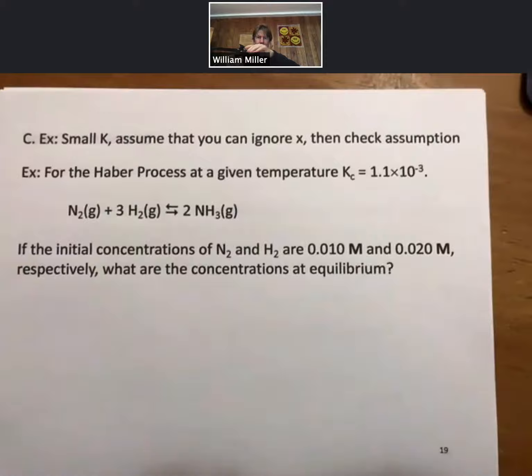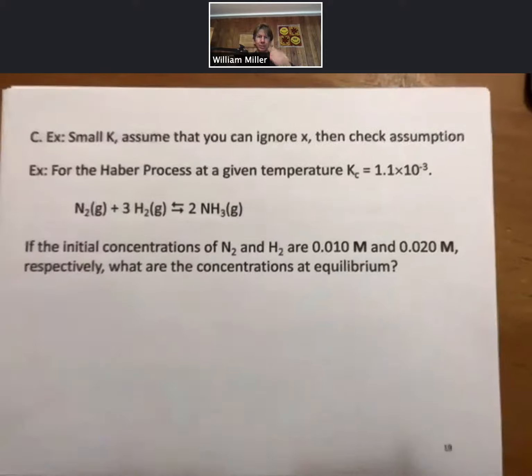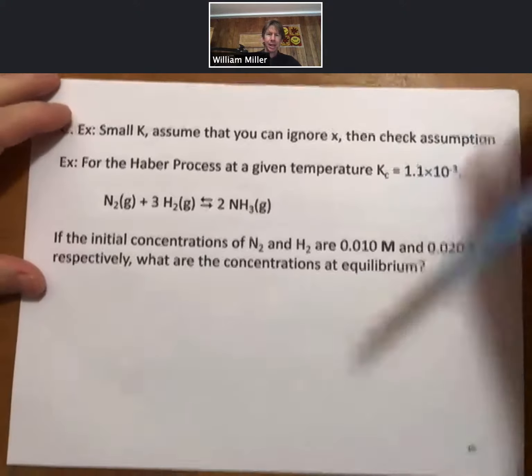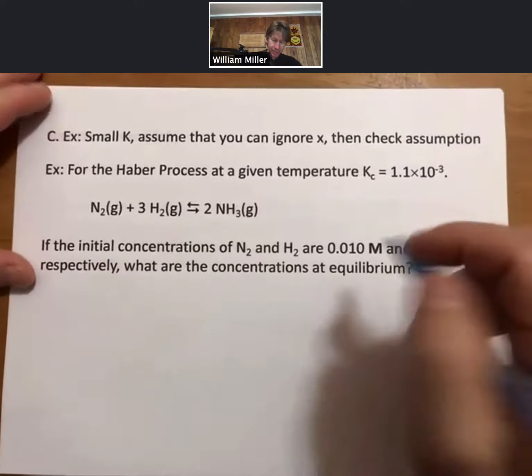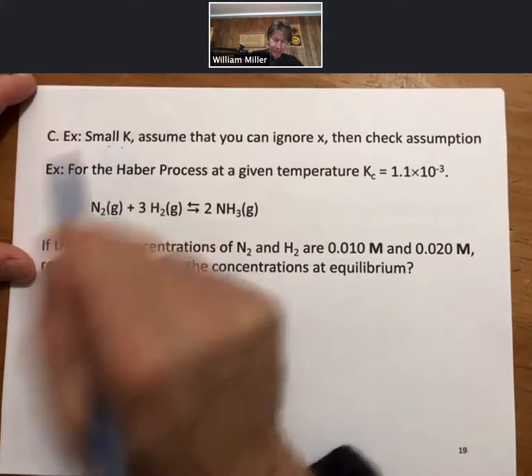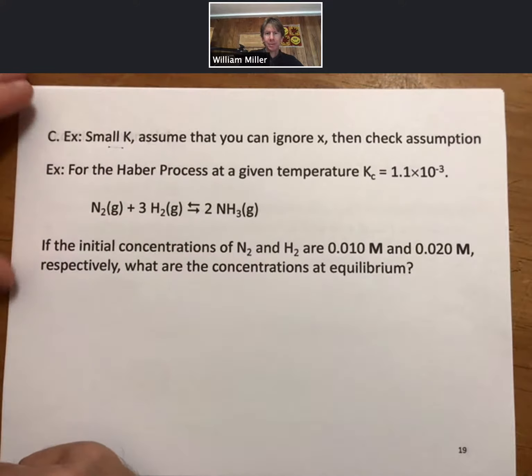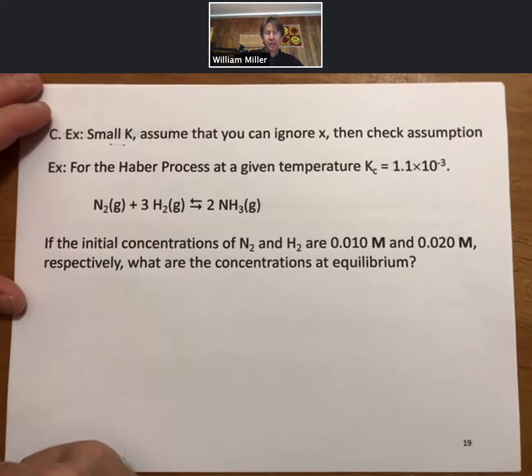We're going to accomplish a couple things with this example. First off, we're going to tilt our camera a little bit. There we go. And second, we're going to talk about small k ICE table problems. And what you can do is, if k is small enough, you may assume that you can ignore x, then check the assumption. And in general, if k, whether it's Kc, Kp, or some other k that you might see,